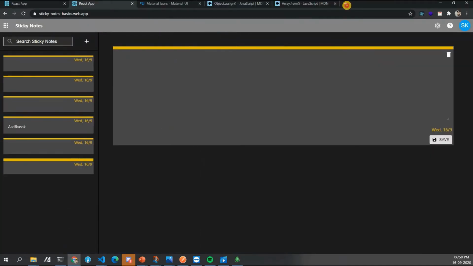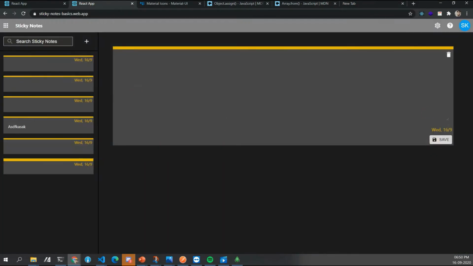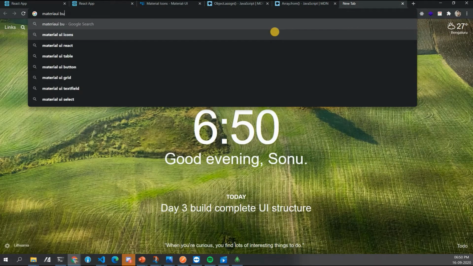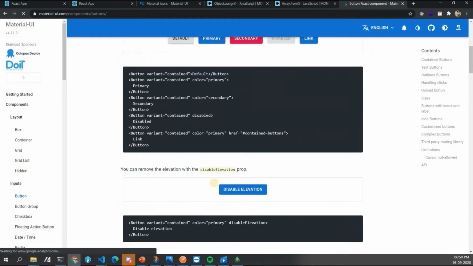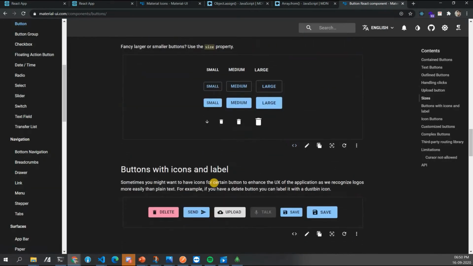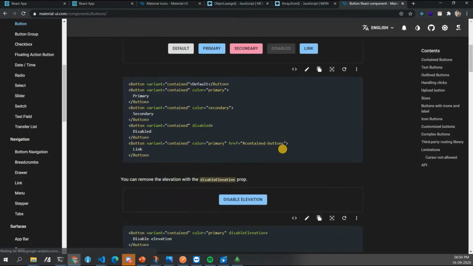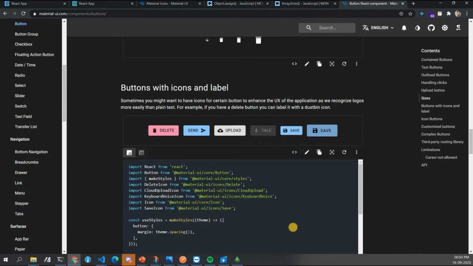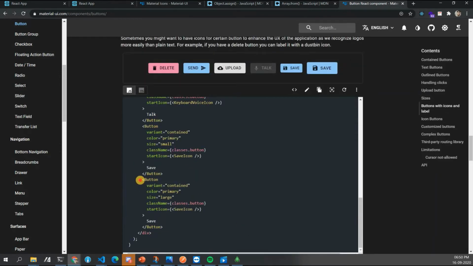Material UI. So what do we have? We have a button which has an icon before it, right? So let's go to material UI, buttons. Okay. And just button react component. So over here, something like this save one. Please don't reload it. Okay. So this save button is there, right, guys? So what is the syntax for that? If I want to just copy the syntax for it, let's just say this is the syntax.